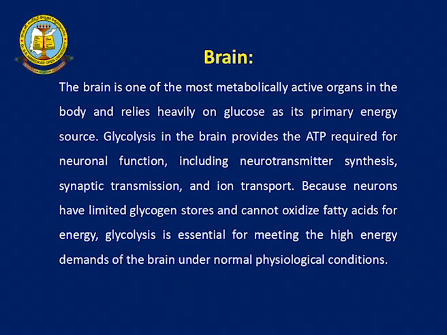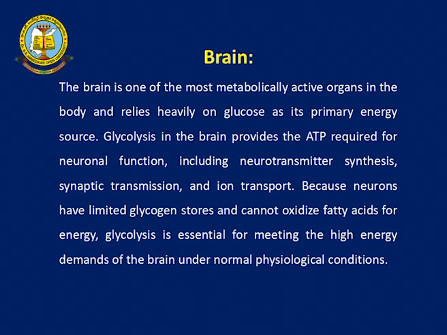In the brain region of the cells, what is the importance of glycolysis? Now, we are looking at the brain region. The brain is one of the most metabolically active organs in the body and relies heavily on glucose as a primary energy source. Glycolysis in the brain provides the ATP required for neuronal functions, including neurotransmitter synthesis, synaptic transmission and ion transport,